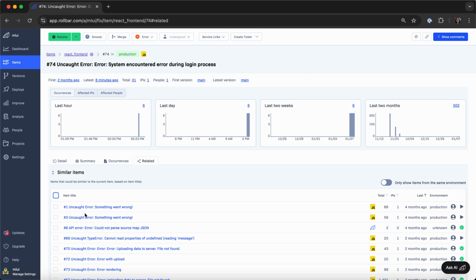With our latest update, merging items is simpler than ever. You can combine related items right in the Similar Items table. By grouping similar items together, your list stays organized and clear, making it easier to spot real issues in your